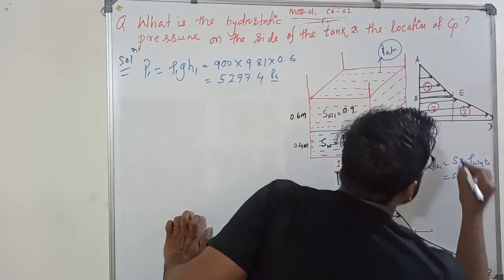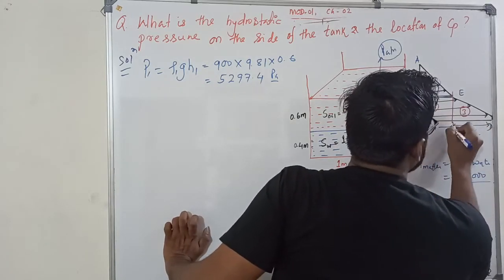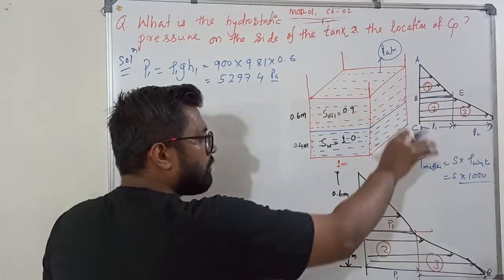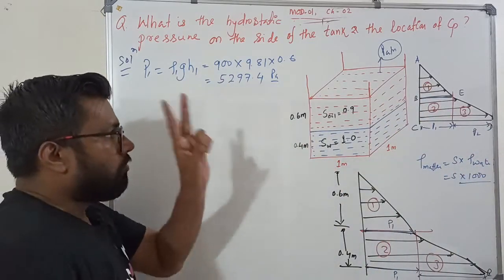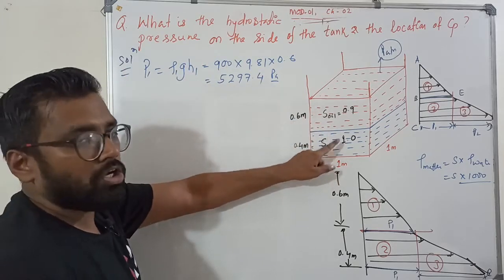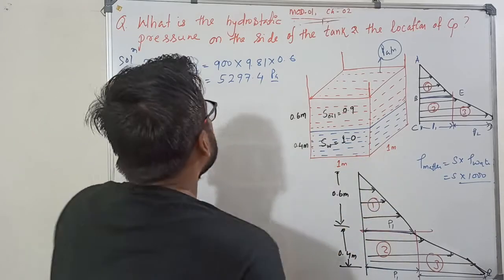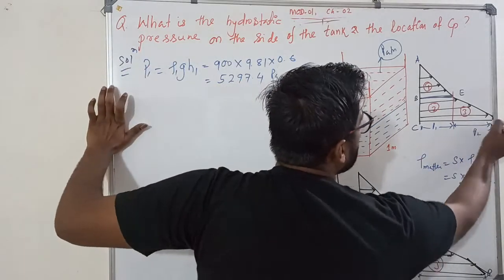Okay, that is P2. This much is the water pressure, P2, and the oil pressure is P1. So at the bottom of the tank I have two pressures. One is the pressure because of the oil, the second is the pressure because of the water. I have the combined pressure at the bottom of the tank. Okay? So let me write only P2, this much.